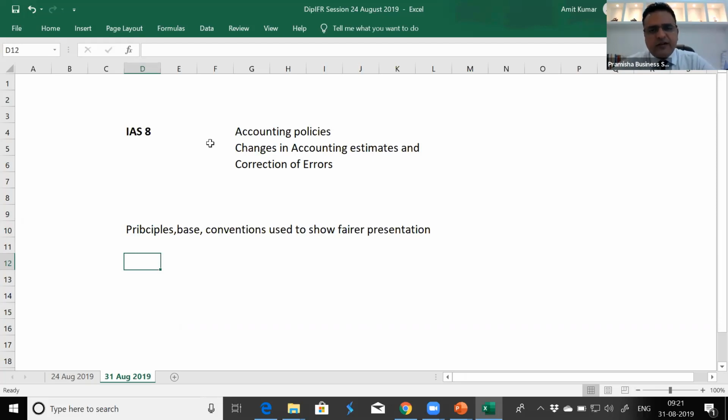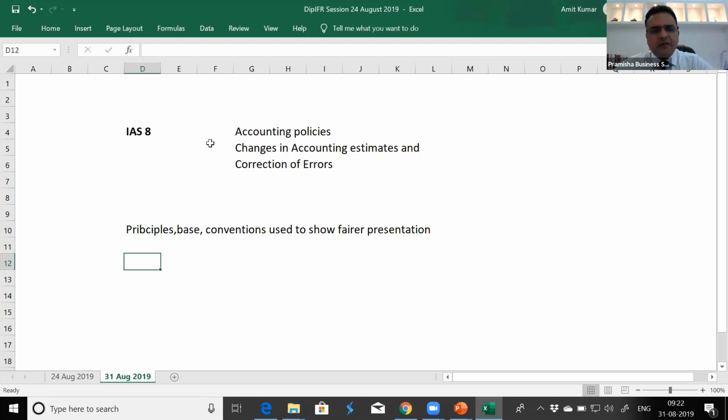What is an estimate? And why do we need an estimate? Anyone? Accounting policy can guide us. Like IAS 16, property, plant and equipment, has two models, cost model or revaluation model. We can choose an accounting policy that we are going to follow the cost model. In inventories, we have a choice that we can use either the FIFO method or the weighted average method, as a measurement basis.